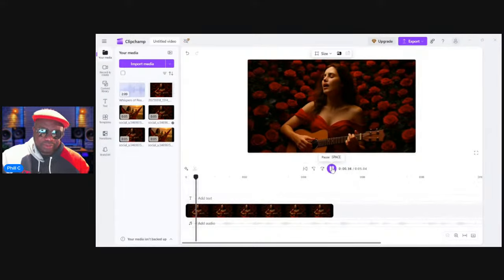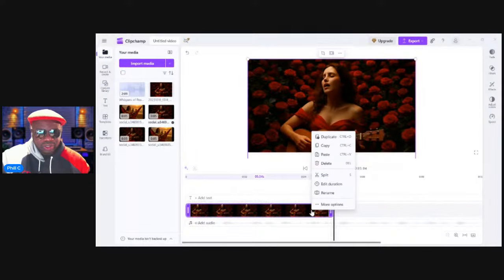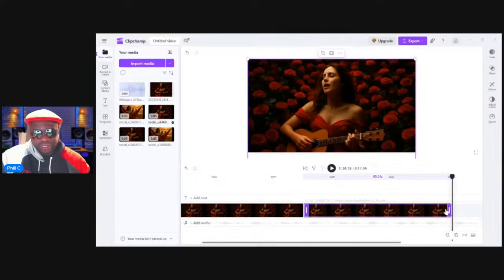So you don't want it to stop, obviously. So you can right click and you can do duplicate, or just do Control D for duplicate. And if you just do Control D a fair enough amount of times, you're now filling in your timeline.